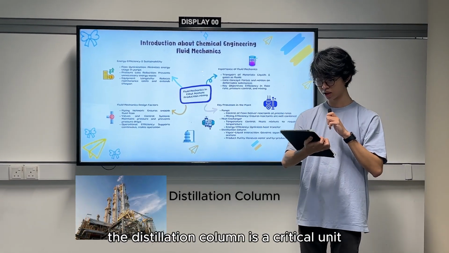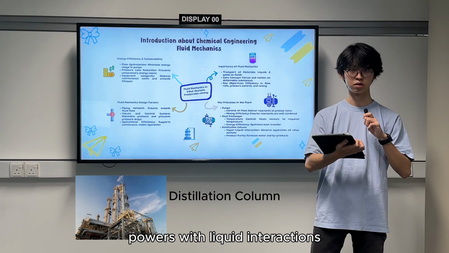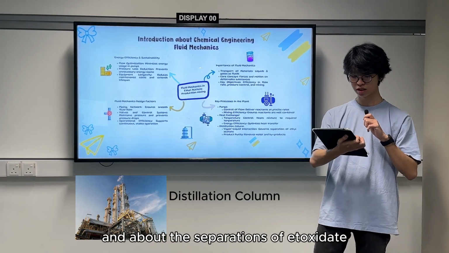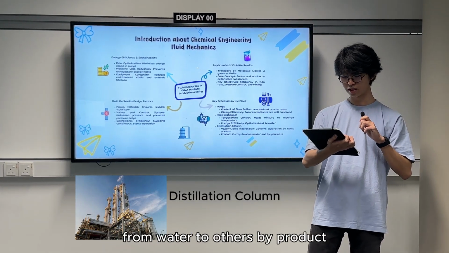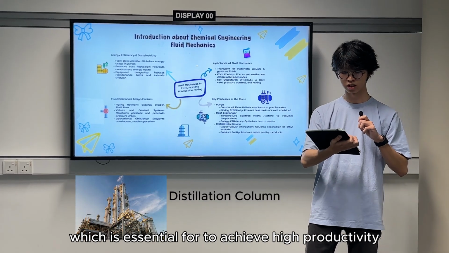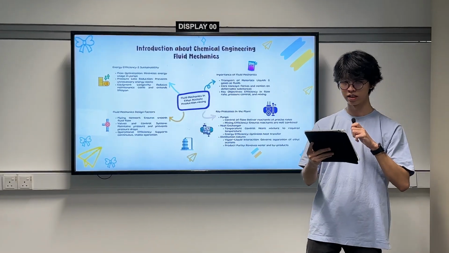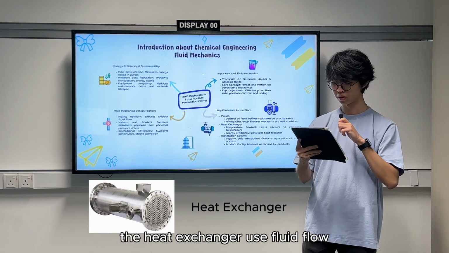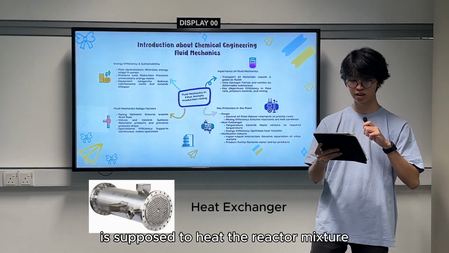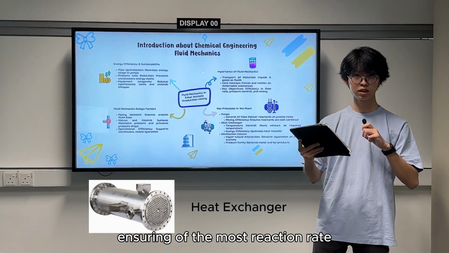Next will be the distillation column. The distillation column is a critical unit where fluid mechanics governs vapor-liquid interactions. These interactions enable the separation of ethyl acetate from water and other byproducts, which is essential to achieve high productivity and purity. Next is the heat exchanger. The heat exchanger uses fluid flow principles to heat the reactant mixture to the desired temperature, ensuring optimal reaction rate